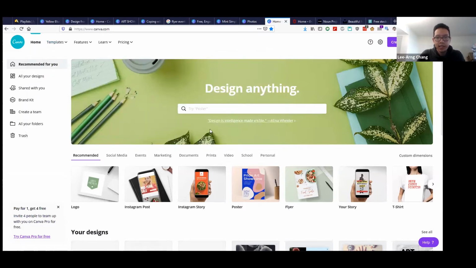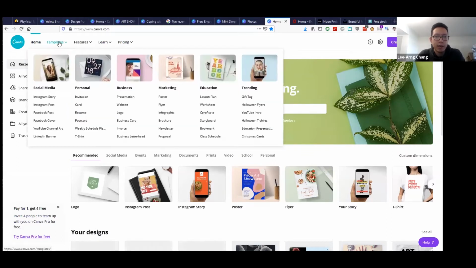Okay, so to get started on how you might use this, I'm just going to demonstrate an events flyer, events poster. You can definitely use this in a more academic setting. This is a good alternative to PowerPoint. I think the best place to start really is looking at the templates, because probably most of us will be utilizing the templates and not starting from scratch, even though you could start from a blank slate.